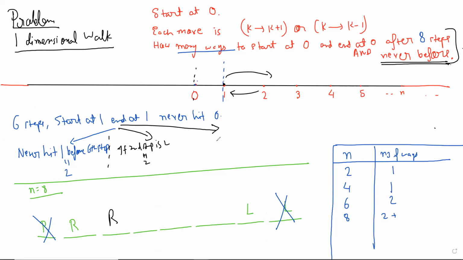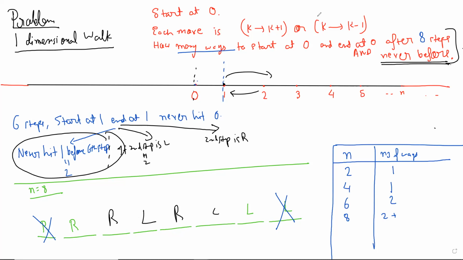So yeah, this is the other case, when the second step is R. See, if the second step is R, the third step cannot be R. Why? Because if the third step is R, then this becomes the first case. Right? Because then it will be LL and this never hits 1 before. So it means that if the second step is R, then this one has to be L, and then this one has to be,